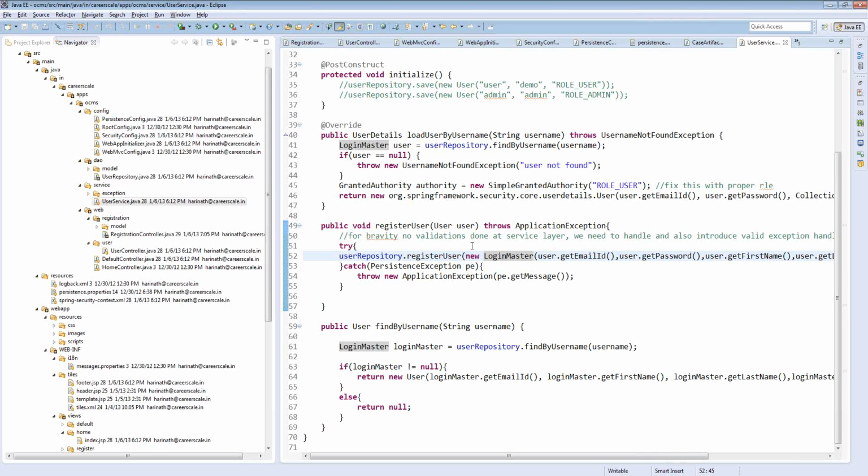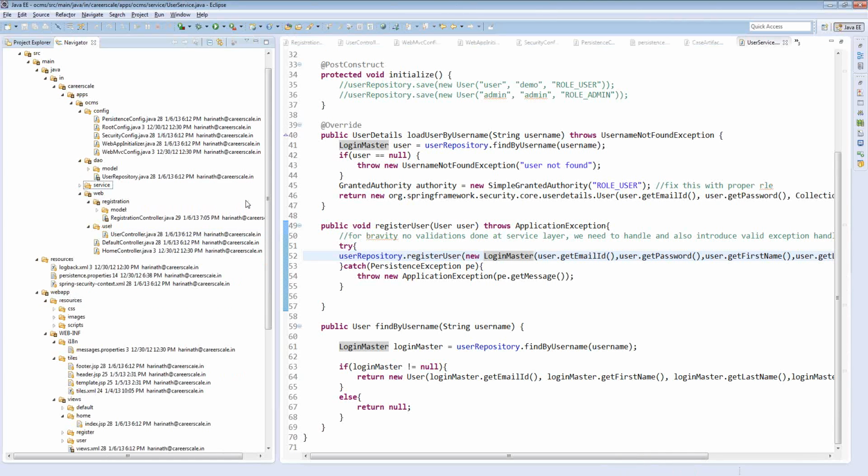Suppose you have to do something to the user, then you have the user repository here. First let me repeat this. This is the entire application architecture, and I'm explaining it from the bottom. First you have the database. On top of it, your Hibernate or ORM model beans, one-to-one mapped with database tables, and on top of it you have your DAO class, in this case user repository, and you are going to have a lot of them. On top of it you are going to have a service layer